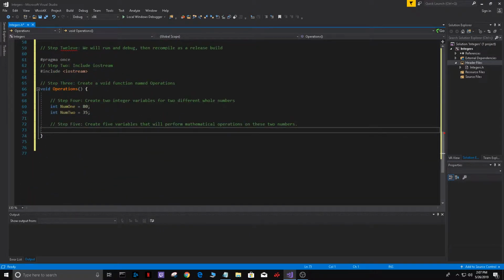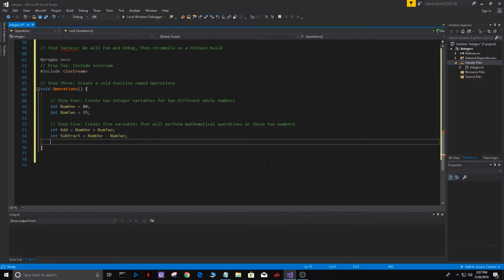Step 5 here, we're going to create 5 variables that will perform mathematical operations on these 2 numbers. So I'm just going to do add here, set to num1 plus num2, subtract, which will be set to num1 minus num2, let's do multiply, set to num1 times num2,